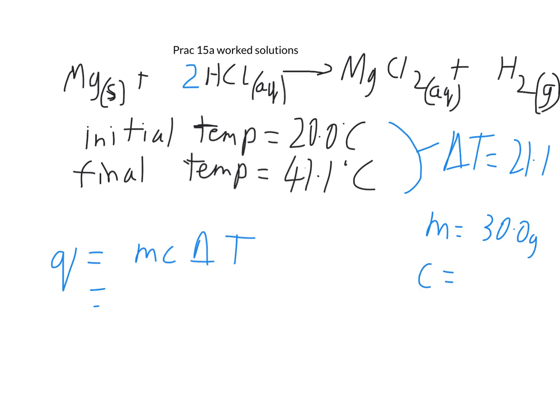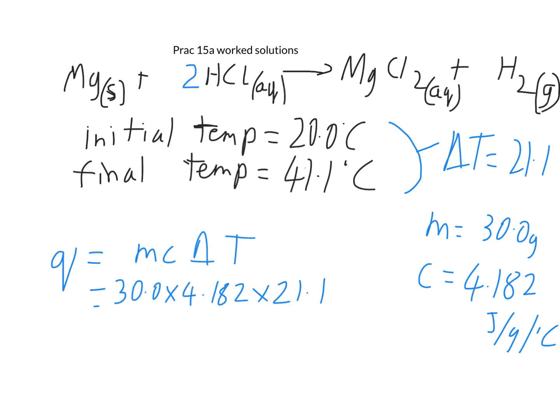Finally, we need our C, which is specific heat capacity, and that in this case is 4.182 joules per gram per degree Celsius. Specific heat capacity tells you how much heat 1 gram would require to go up by 1 degree Celsius. And we're using the specific heat capacity of water here because we're assuming that the 30 grams is primarily water. Anyway, we plug all of this into our calculation. So this is us plugging all our values in. 30 times 4.182 times 21.1, that's MC and delta T respectively. When you calculate that out, you should get